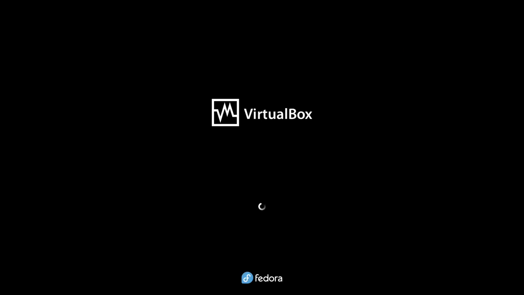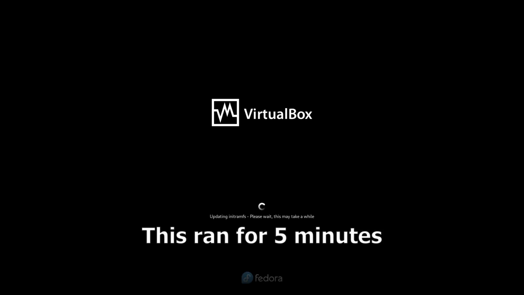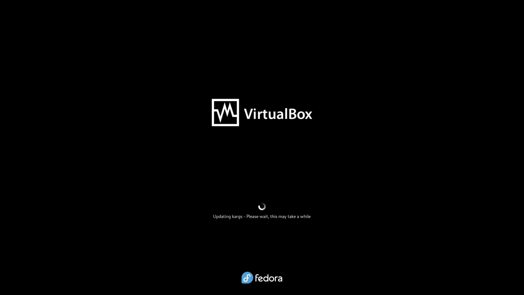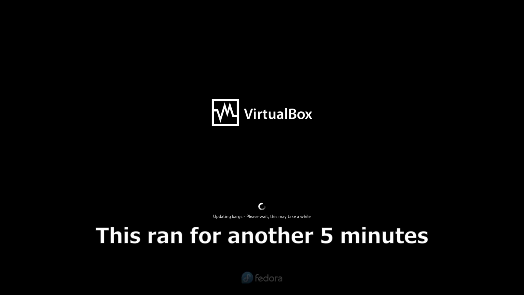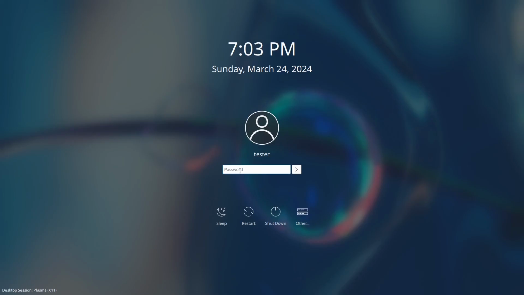Okay, and now in the boot, before we can log in, it needs to do some initial setup again. Very much like a Windows 11 installation, where you think you're done and there's always one more step. Okay, this is part 1 of 2, I believe. All right, it's on the next step. This one also takes quite a while. Finally, it's finished. Now we're going to log into Bazzite normally.